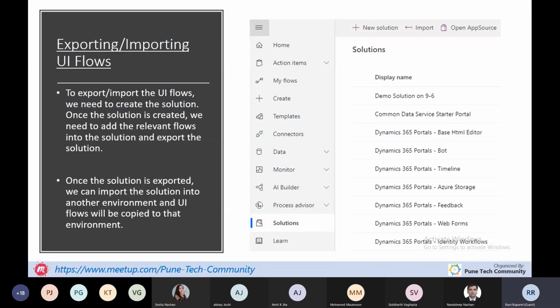Now we have created the flow, we have triggered the flow. Now how we can export and import these UI flows. To do that, we have one option, solutions, in the Power Automate desktop screen. We will go into the solutions part, and then we need to add the UI flows we want to export and import into another environment. So let's go to